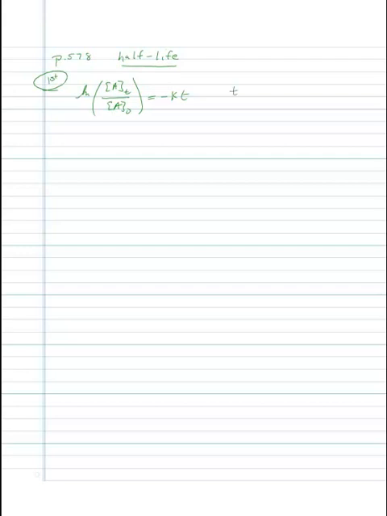And at T1/2, which is the half-life, we know that the concentration at a later time is equal to half of the initial. That's, by definition, what a half-life is. The concentration drops to half of its initial value. Remember, the 0 means time 0, so that's its initial concentration. So now we can take this and plug in for the concentration at a later time. We end up with, make sure I don't mess this up here,